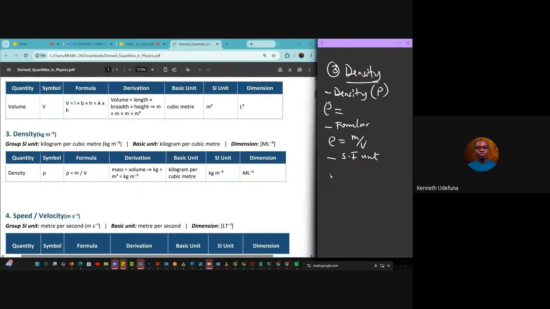So how do we get that now? What is the SI unit of mass? We talked about it as kilogram. And what is the SI unit of volume? We talked about it as what? Meter cube. That's exactly what we mentioned. So for this, in some exams you can write it as kilogram/meter cube, which is kilogram per meter cube. But to write it in a linear form,